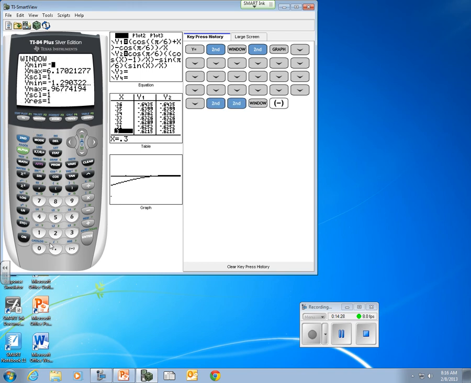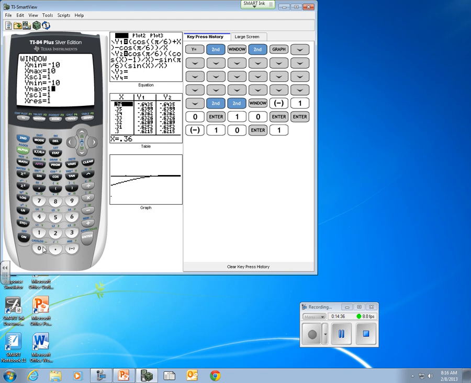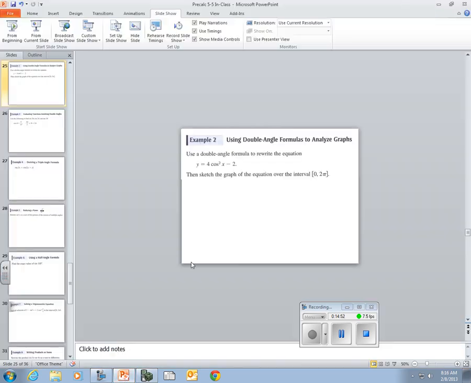And let's use our old friend, negative 10 to 10, and negative 10 to 10, and so it'll look like this. And so our last question says, as we approach 0 on the x, what is the y value getting close to? And so if we check back into the table,